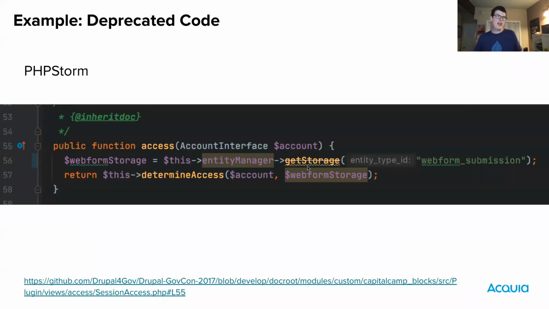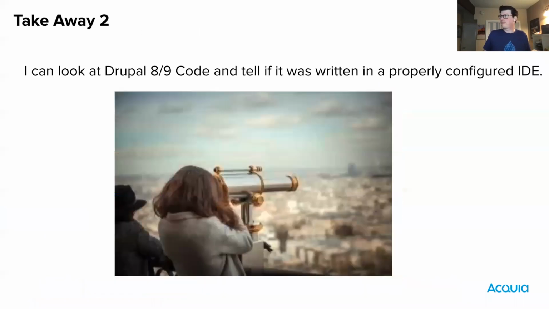I could not begin to tell you everything that's been deprecated in Drupal 8.x. There's a ton of stuff that's been deprecated. And even though I work with this API every day, I don't know all of it. So if this was a different example and it was something that I didn't know by heart, that's going to be a problem.